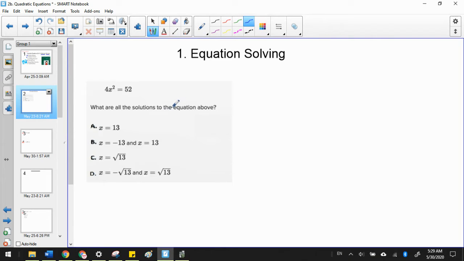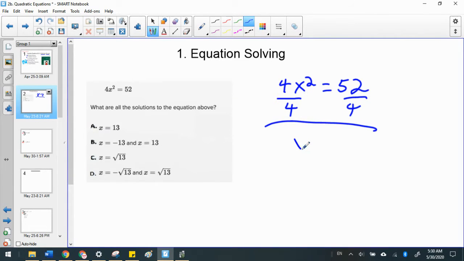So when you deal with a quadratic equation and you need to solve it, if it's simple enough, it's very, very similar to the way you would solve a regular equation for the variable x. Your job is to get x isolated, and you want to add and subtract before you multiply and divide. So I simply need to divide both sides by 4 first. So now I'm left with x squared is equal to